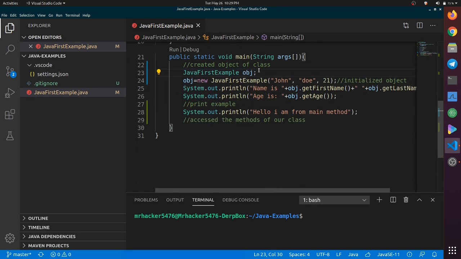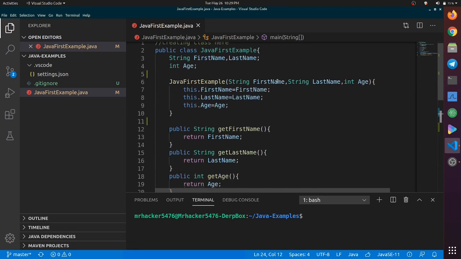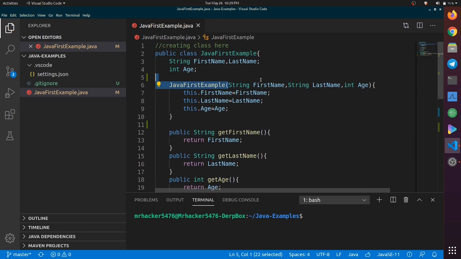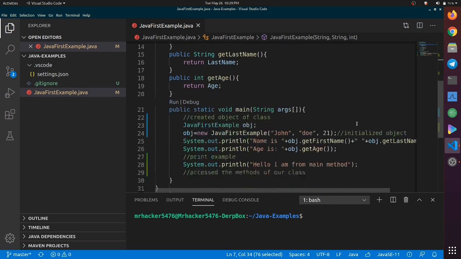So now first we are declaring our object. Java first example obj, you can rename it whatever you want. My object name is obj. Now in this line 24, we are initializing the object obj equal to new, followed by the class name, Java first example, and now we are passing our three parameters, John, Doe, and age is 21.